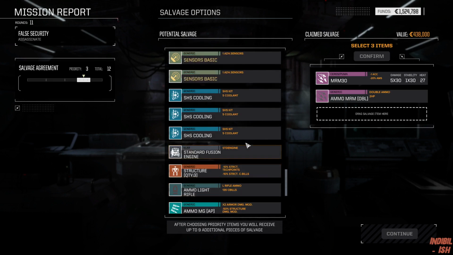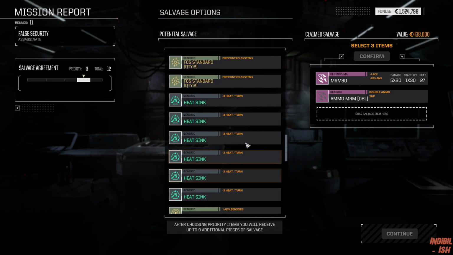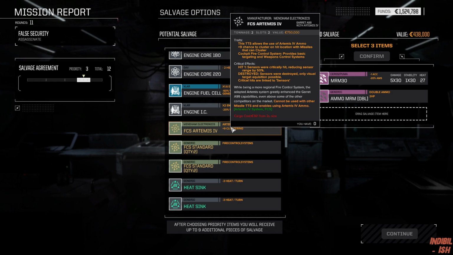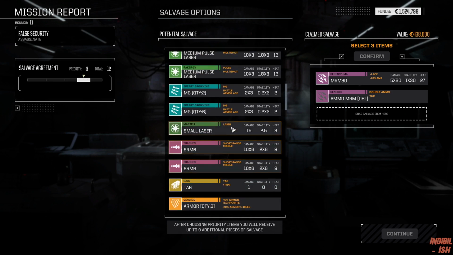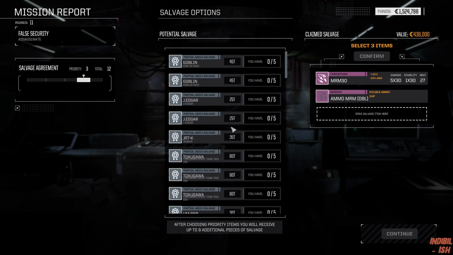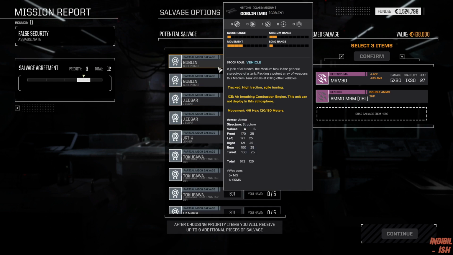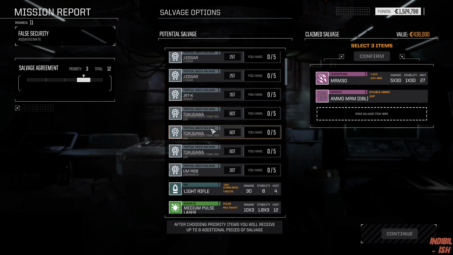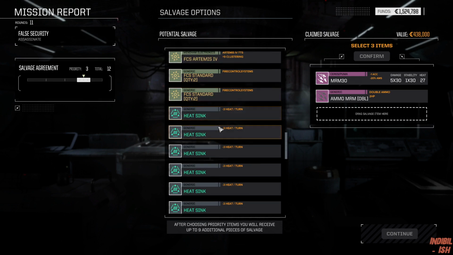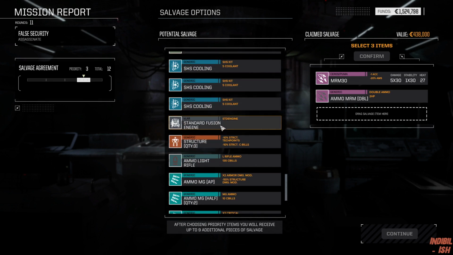So other than that, there's no sensors to be had. There's Artemis, but we're going to find Artemis anyway. But there's really nothing else to take here. We have some Goblin parts, I guess. It just feels a bit underwhelming to just take one part here. So I guess we take the Artemis SRM ammo